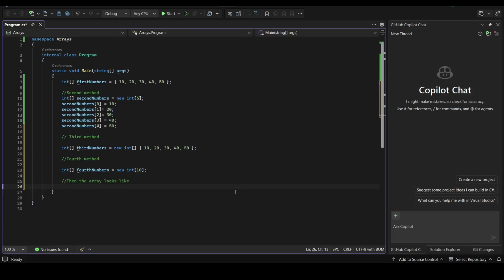To summarize, there are 3 common ways to define and initialize arrays in C#. We can declare and initialize the array at the same time, create the array first and assign values later, or explicitly create the array